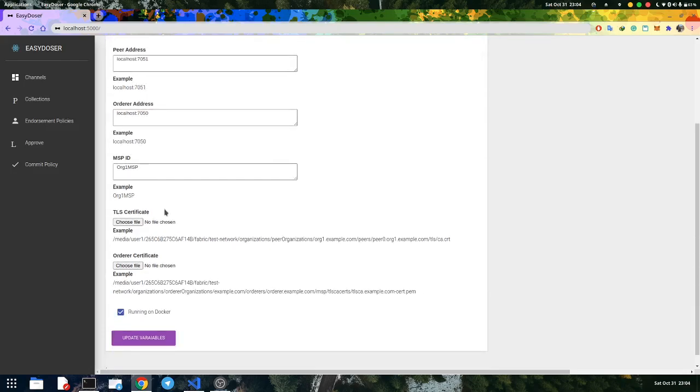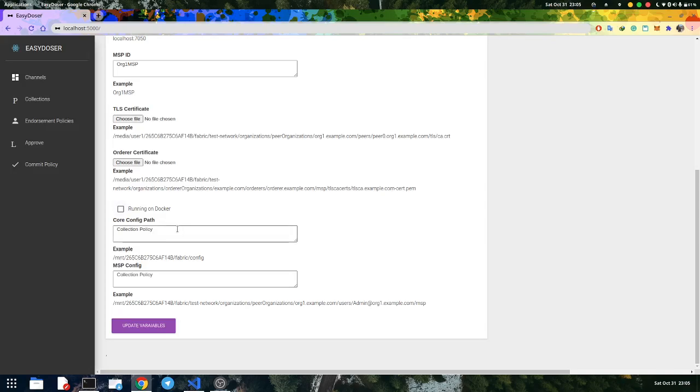You'll also have to enter your MSP's ID, and you'll have to pick a few certificate files, that are the TLS certificate for your peer node and the order certificate for your order node. These are essential for the project to work and for us to facilitate the management of endorsement policies for you. If you are using that release file, you will probably be running it without Docker, so untick this one and add the few paths here,